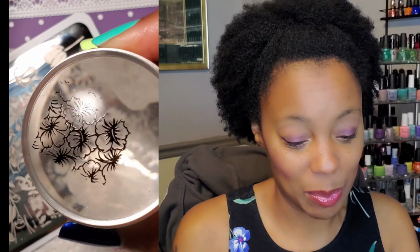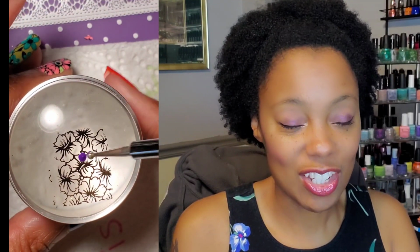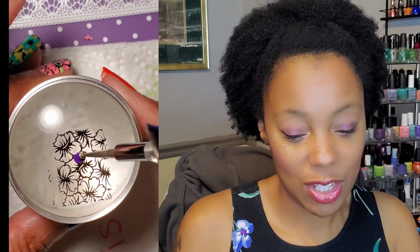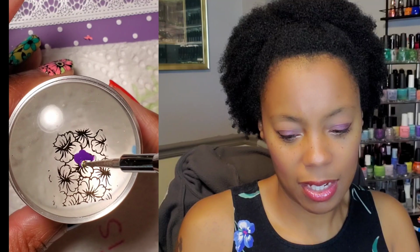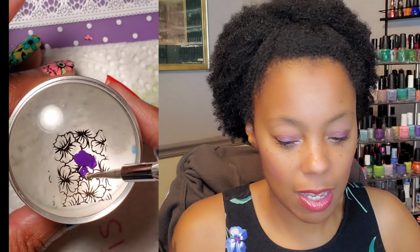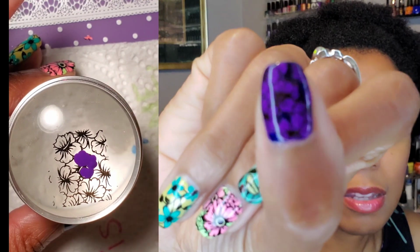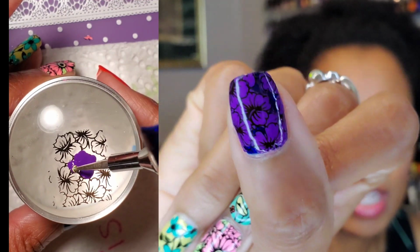And then on my thumb on this hand, which I don't know, I think my thumbs are, no, I don't know. I can't choose a favorite. I like them all. But on my thumb on this hand, and I think it's just because it was purple, I did this image right here, which again, I felt like maybe I should have done it a little bit differently so that more of the, I don't know if you guys can see, blue could come through there,